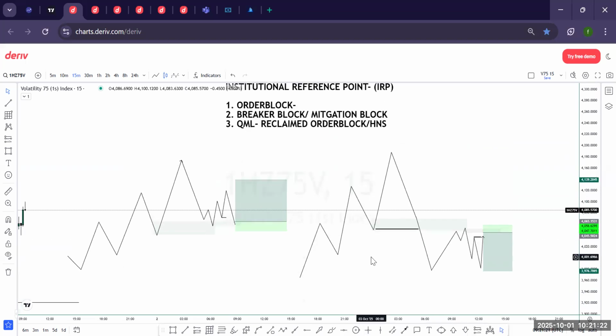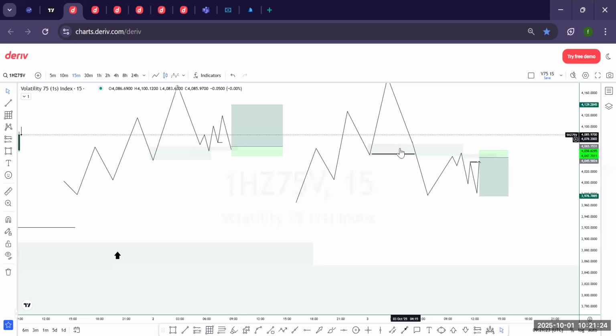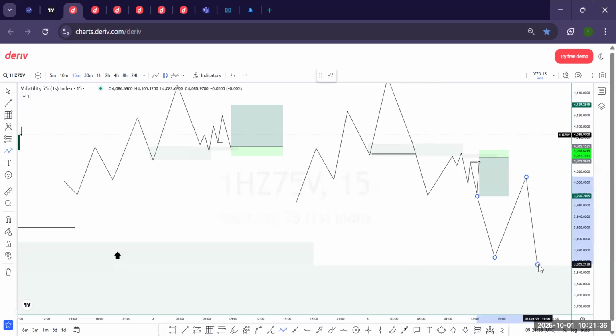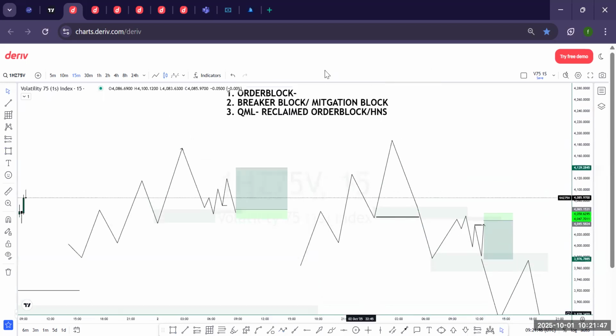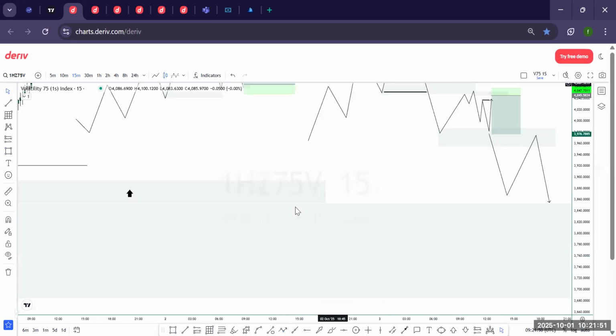So now, this is for the breaker block. Then the mitigation block is when price has already changed direction. Now, this is just like what we call the breaker block. Henceforth, any setup you have in this area is going to be more of mitigation, right? So I'm not going to waste time on that because we just have less than 4 minutes. Then the QMR now,